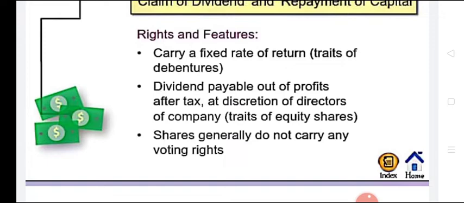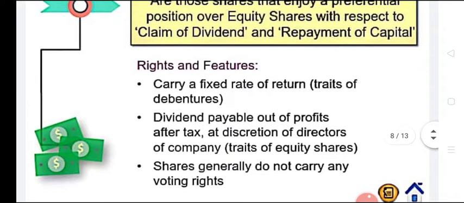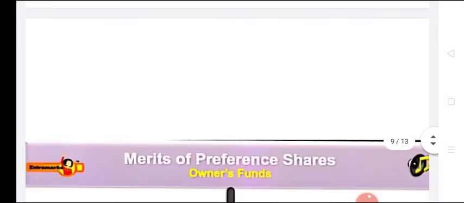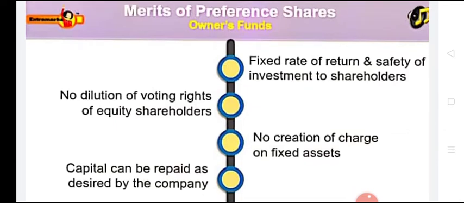Shares generally do not carry any voting rights. So, equity shareholders are the real owners of the company, but preference shareholders are not the real owners of the company, and therefore they may not carry any voting rights. Some of the positive aspects of issuing preference shares are: